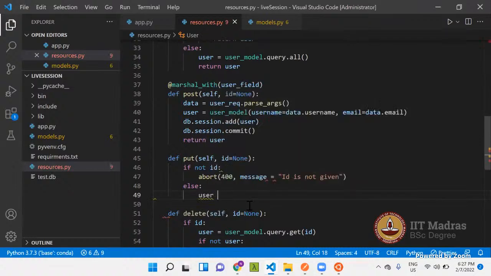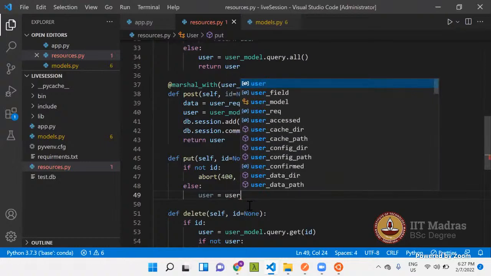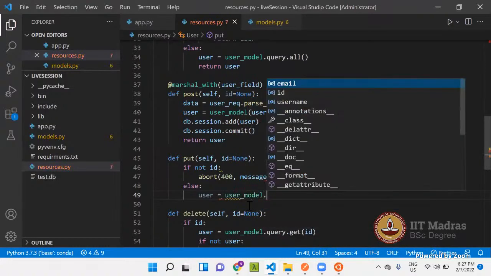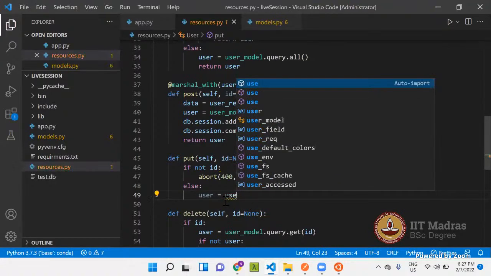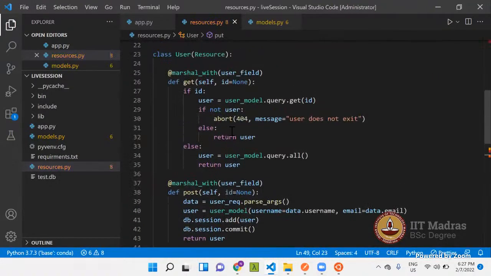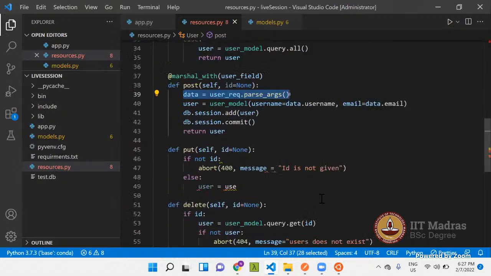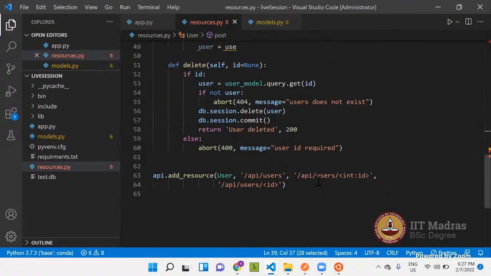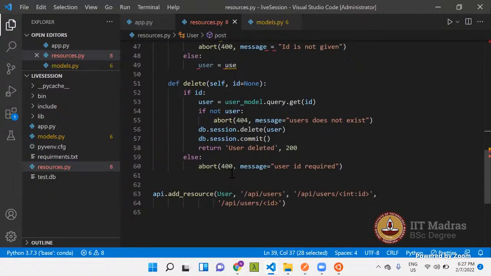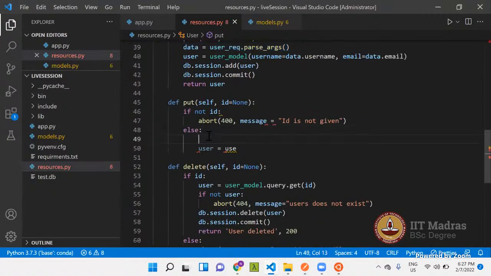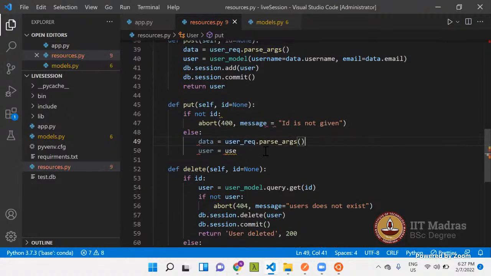So user is equal to user model. No. So the first thing we need to do is call this request parser. So I hope you guys remember that request parser. It will parse and validate the request and then convert it into the dictionary, and then you can use that dictionary. So user is equal to